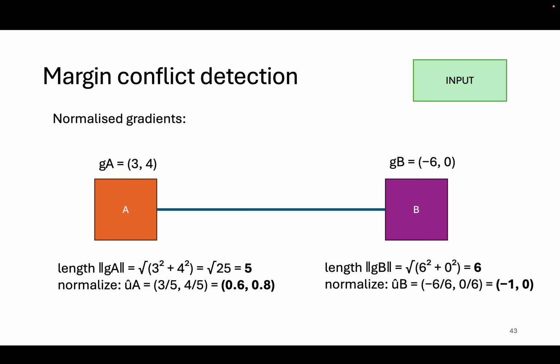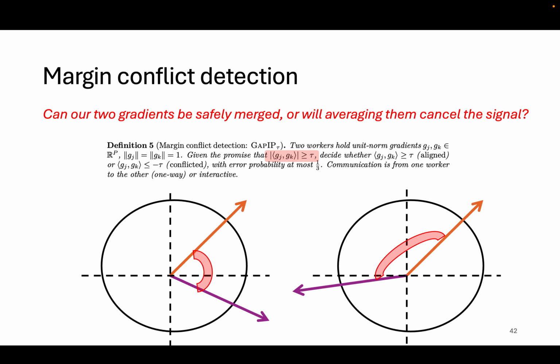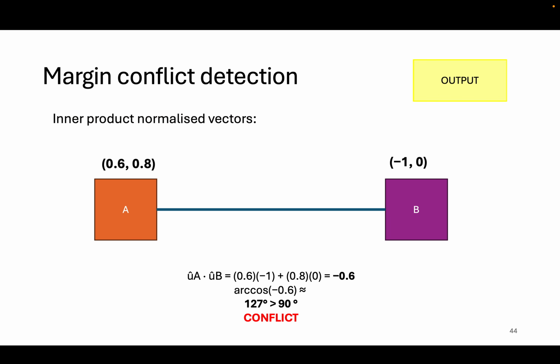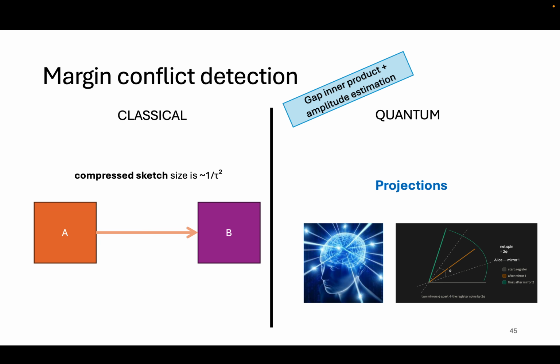In our quantum setting, we take two normalized gradients because that's the input of our problem. And we basically look at whether the inner product of these two normalized vectors would conflict or not, based on exactly that, on whether the angle is greater than, I don't know, 90 degrees, whatever our accuracy or our objective is. This we can do thanks to a combination of gap inner products and amplitude estimations by playing around with